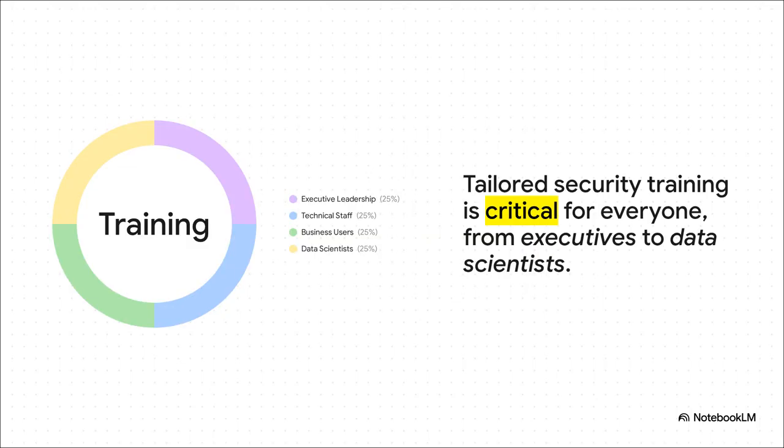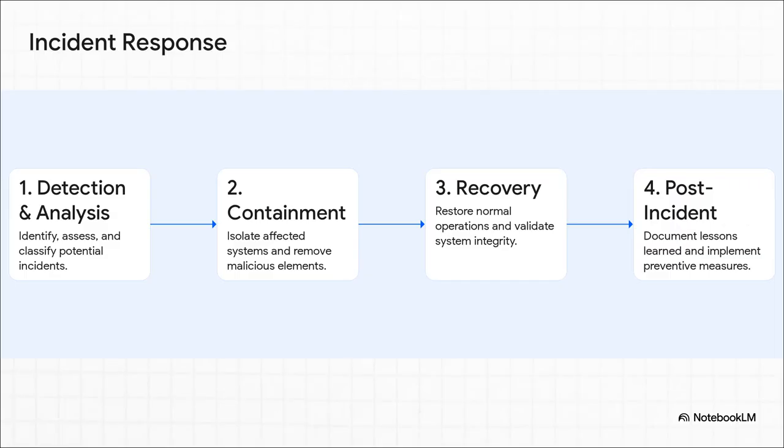And of course, technology is only ever part of the solution. The other, arguably more important part, is the people. We talked about how critical it is to have role-based training. What an executive needs to know is totally different from what a data scientist needs to know, and your training has to reflect that. And finally, we talked about what to do when the worst happens, because eventually it might.